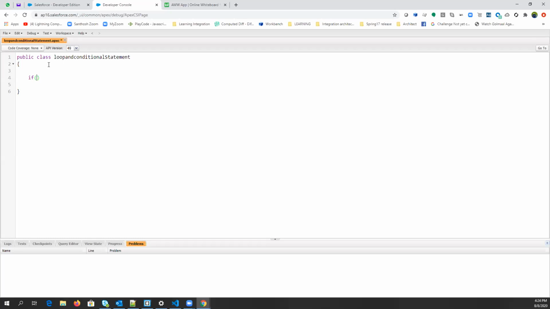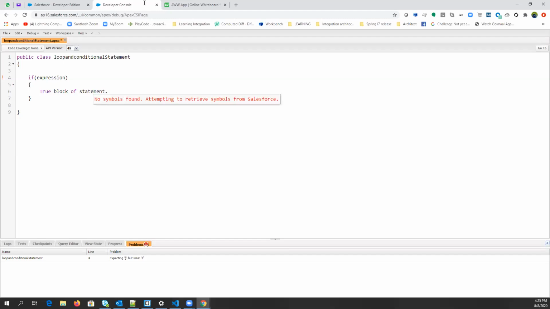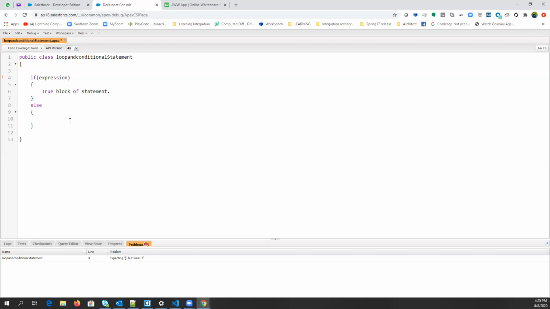My expression, whatever expression I want to test. If expression is equal to true, then true block of statement, and if it is false, I mean else, then false block of statement.